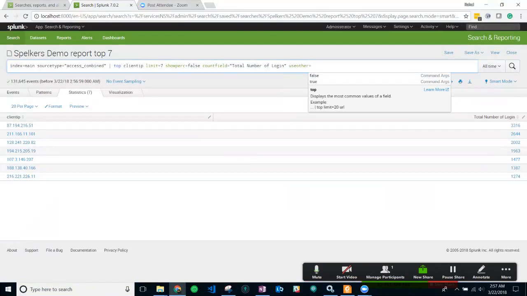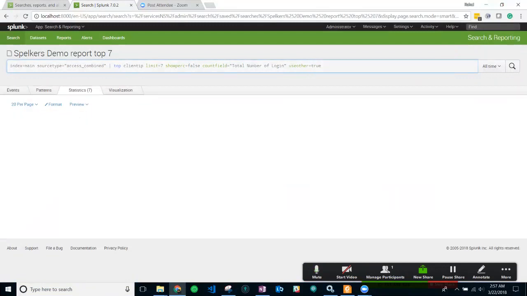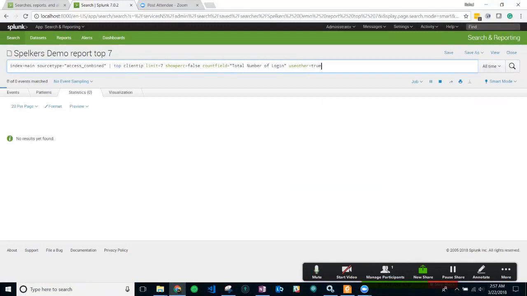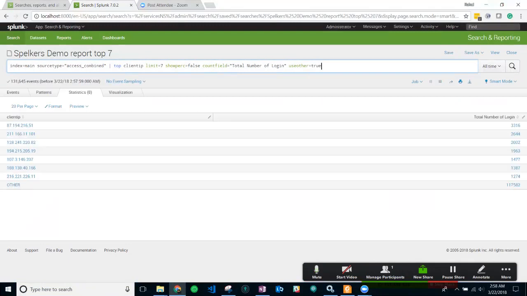These things will be clearer now. Use other equal to true. Run this command. Yes. So until now, we were counting the total number of logins done by any specific client IP. But now what we want to see is, yes, these are the top 7 IPs, but what about the count of others? And here I can see around